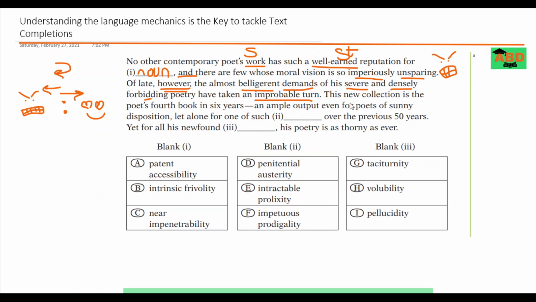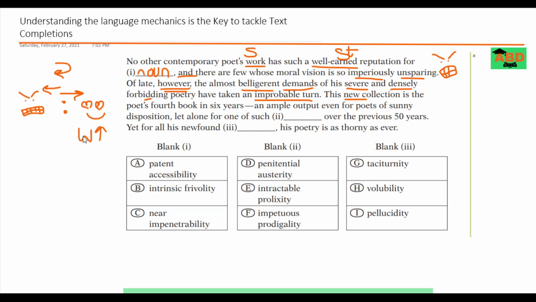Moving on, "this new collection." Okay, so now we're talking about after the time in which there is a twist. Probably he has a pretty friendly nature, that kind of thing. "This new collection is the poet's fourth book in 6 years, an ample amount." Okay, so stop right there. There's something which is going on that needs our consideration. So after the twist, basically this guy is writing a lot of books which has a lot of volume,